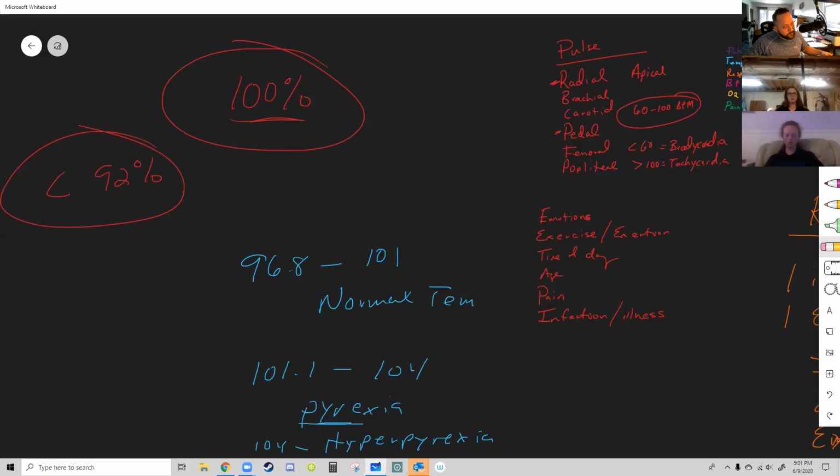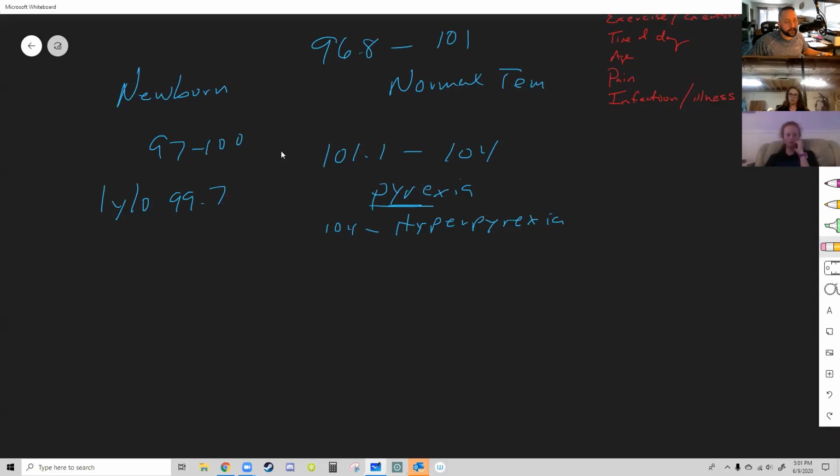Yeah, so just for an example, a newborn's average temperature is 97 to 100 for axillary. For a 1-year-old, 99.7 is their average body temperature, because babies have a much higher metabolism than we do. Their heartbeats are anywhere from 100 to 120. Fetal heart rate is 120 to 140, and a newborn is 120 to 140 or so. And with higher metabolism comes higher temperatures. So the numbers it gives me here